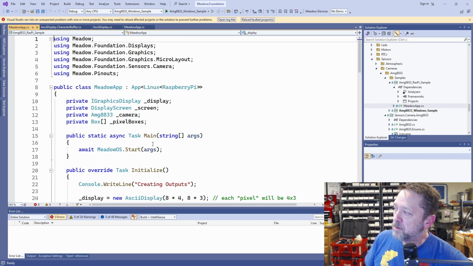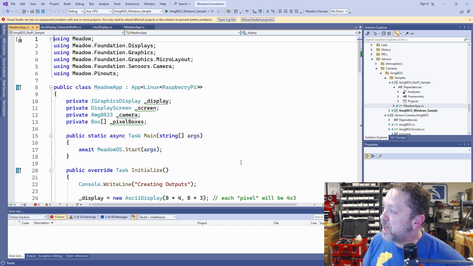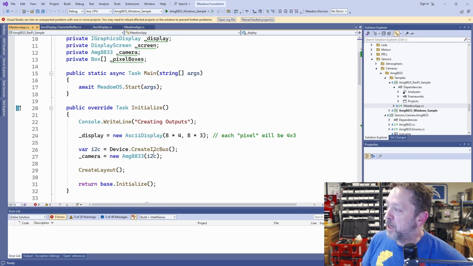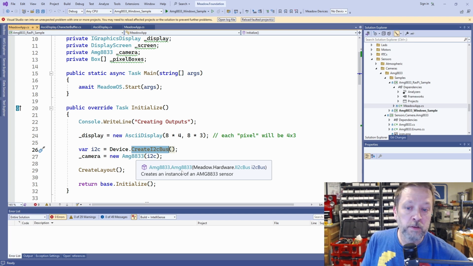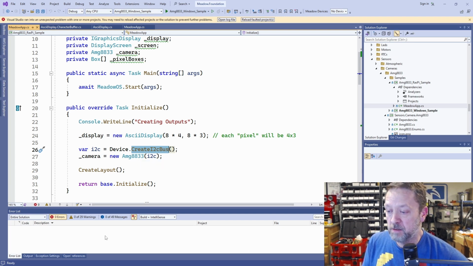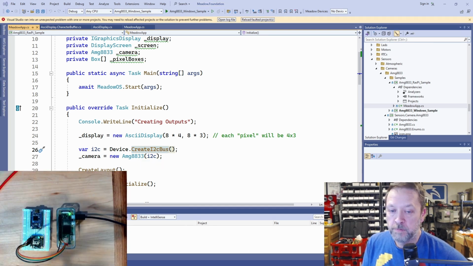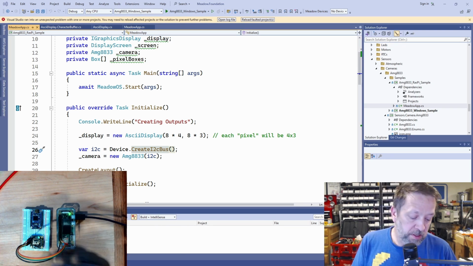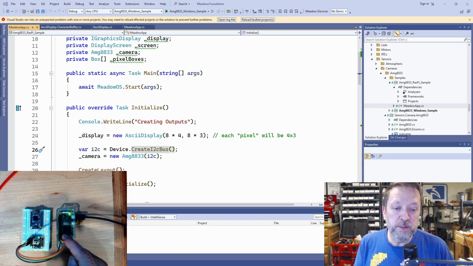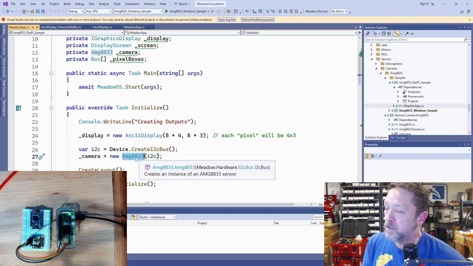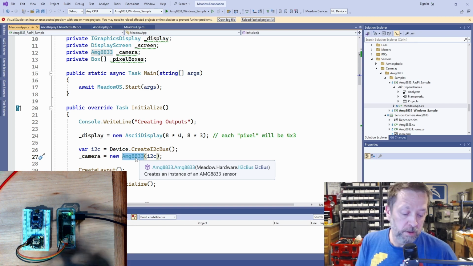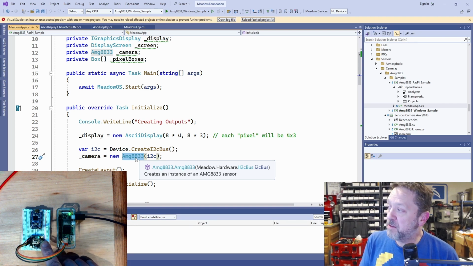And again, you'll see this follows the same pattern, right? I create the I2C bus from the device, so that gets the I2C bus. Let me show you the device here again. So this gets the I2C bus from these pins that are connected to this sensor, passes that bus into the same exact driver for this AMG8833,